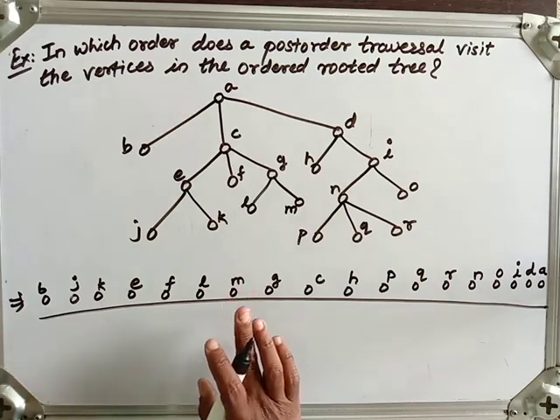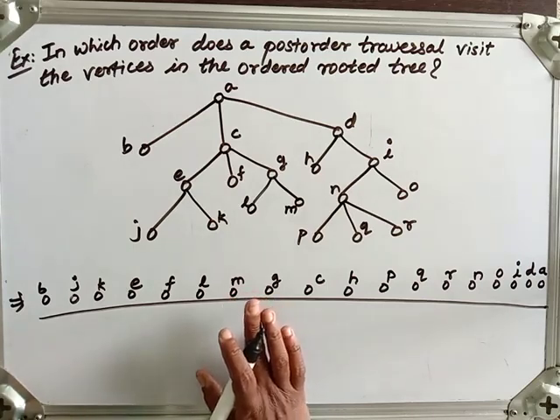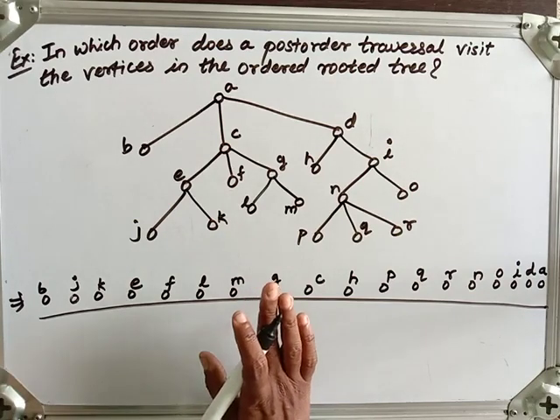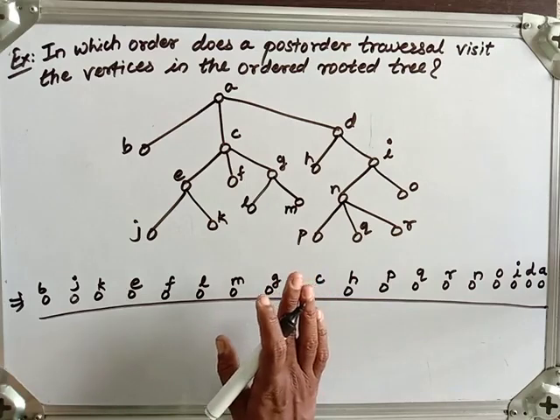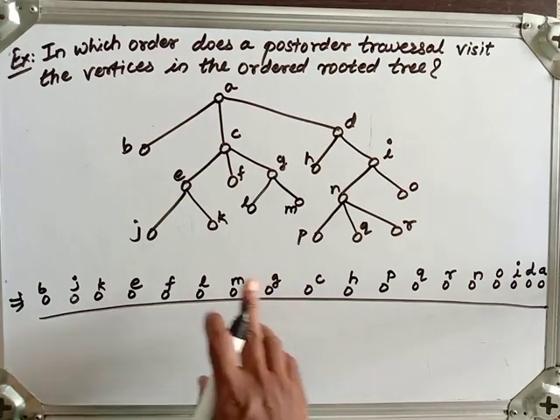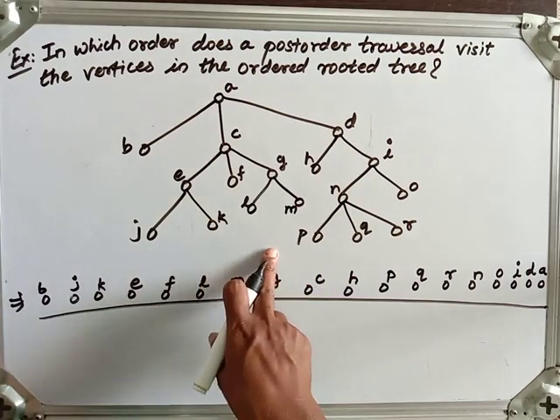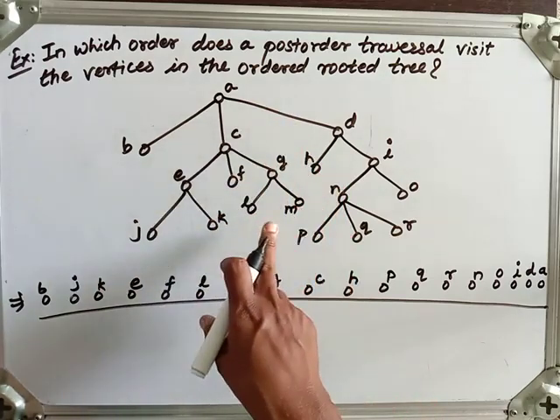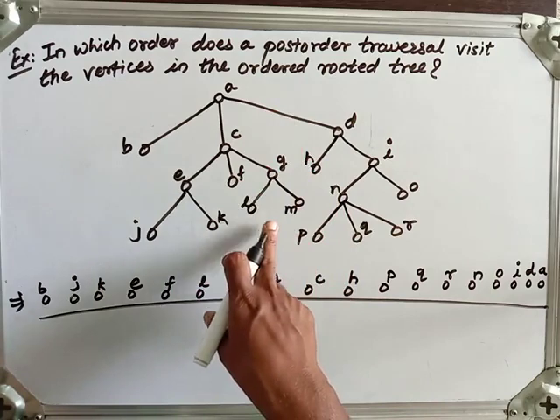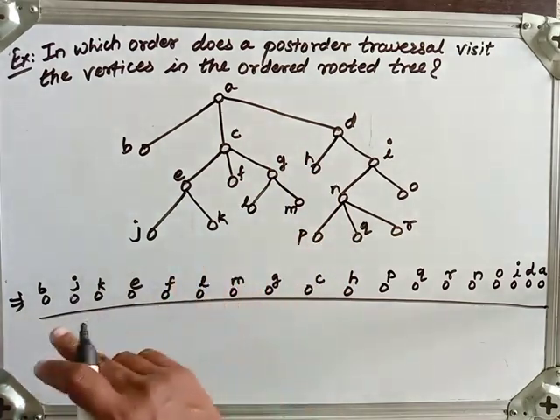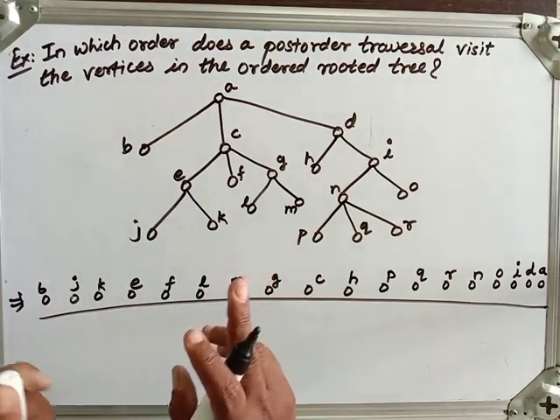Now what are these actually? Let me tell you. Sometimes some of the expressions such as compound expressions, propositions, combinations of sets, and arithmetic expressions, can be represented using ordered rooted tree. That is nothing but infix, prefix, and postfix notation. In that one also we have to use these algorithms of tree traversal, that are in order, pre-order, and post-order traversal. According to that, these are infix, prefix, and postfix notations given to us.